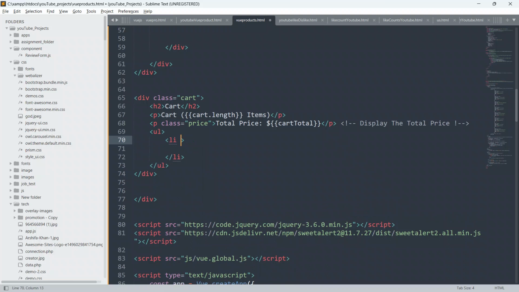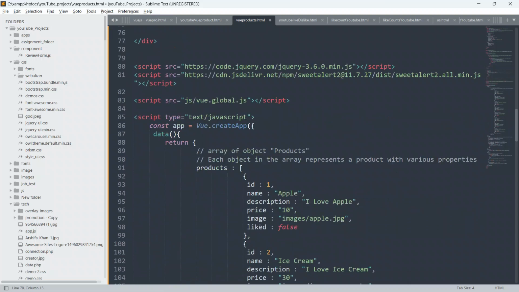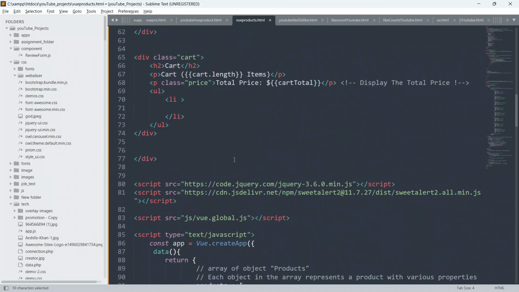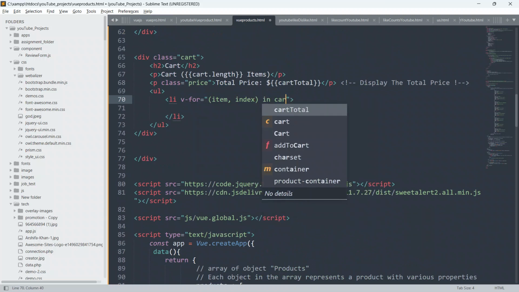I'm also gonna use here the v-for directive, just to loop through this cart array. So v-for equal to double inverted commas, and I will give item, and index also, and I will say in cart.